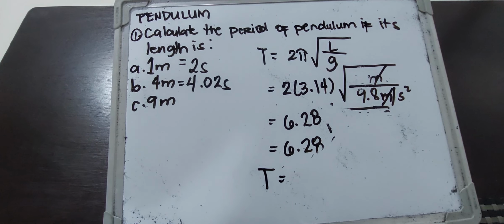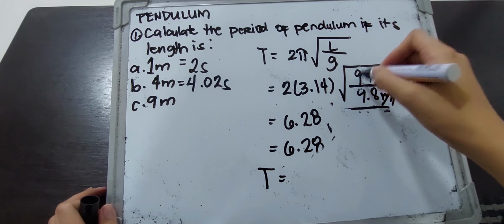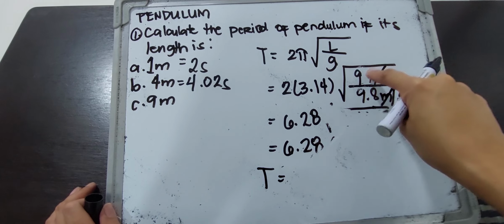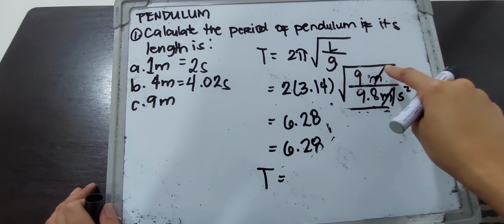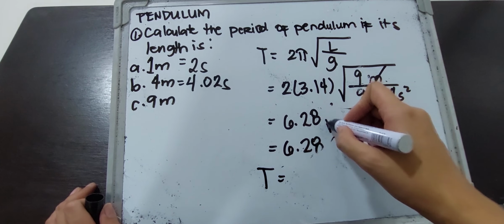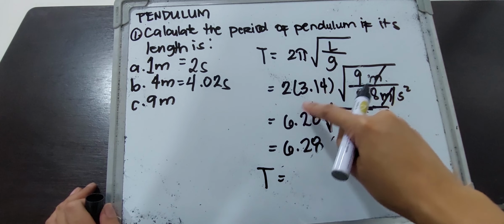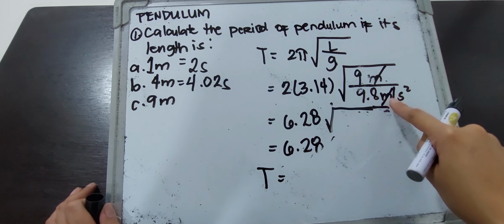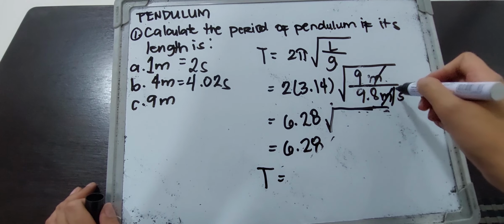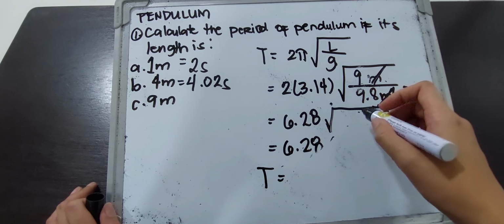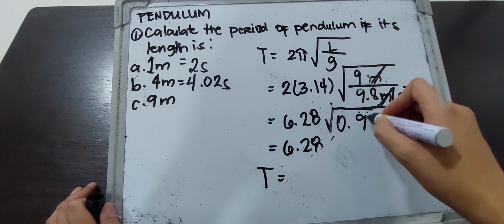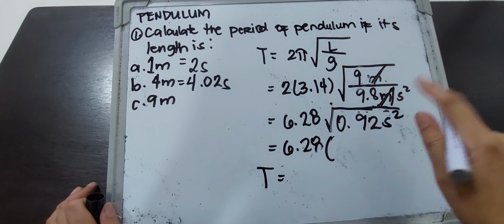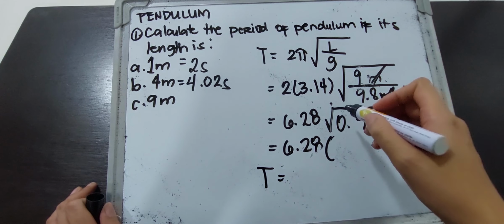Letter C, paano naman pag 9 meters yung length? So, lagay natin dito. Ganun pa din, 2 times 3.14 times the square root of the length, which is 9 na. 9 meters divided by 9.8. So, 2 times 3.14 is 6.28. 9 divided by 9.8 meters per second square. So, cancel the meters. Our quotient is 0.92 square seconds. So, the square root of 0.92 square seconds ay